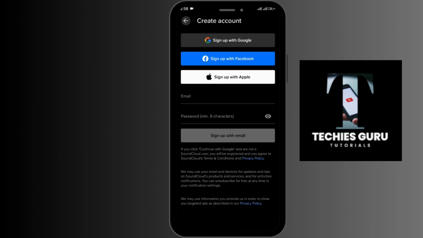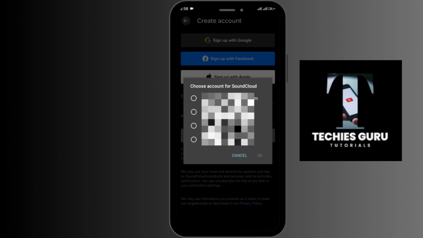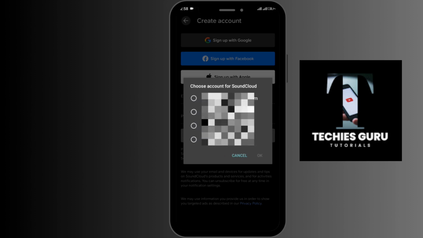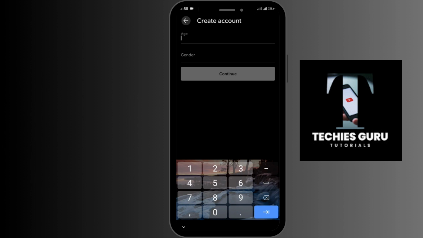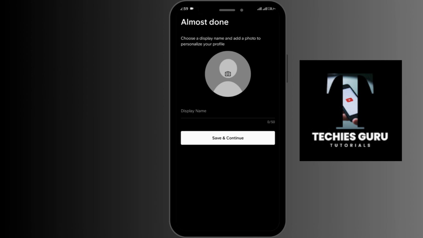Here I am continuing with Google. If you have chosen Google, then you need to select your Gmail account with which you want to create your SoundCloud account, and you have to enter your age and gender over here. Once you're done, go for continue, and in this section you need to choose your display name, and you can